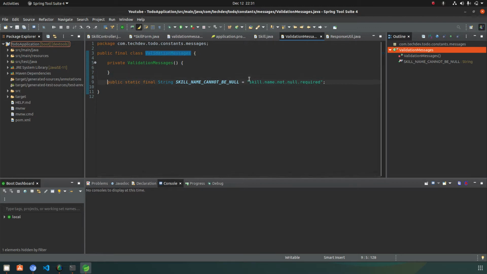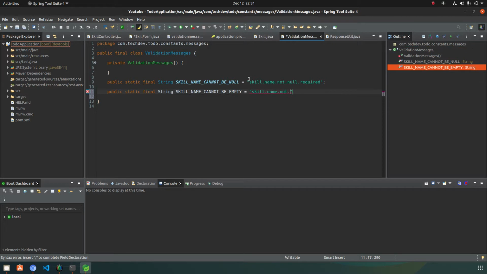Let's write a message here. We will create a key for that message: public static final String, skill name cannot be empty, skill.name.notempty.required. So the key has been created.